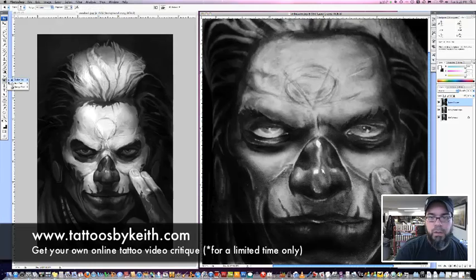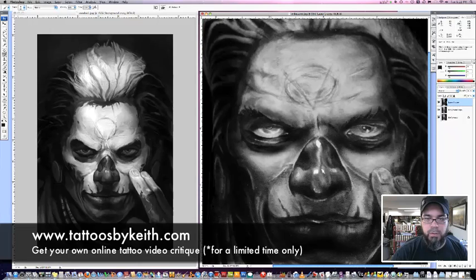You know, obviously there's going to be some distortion because we're looking at a tattoo on someone's body and not at a flat piece of paper, so I understand. But it is pretty obvious that if they were a little bit more round, they would look a little bit more real. That's the key. And again, if you look, there is no real highlight there, and I definitely don't mind your artistic interpretation of putting a highlight in there, but let's see what it looks like if we just paint in the darker